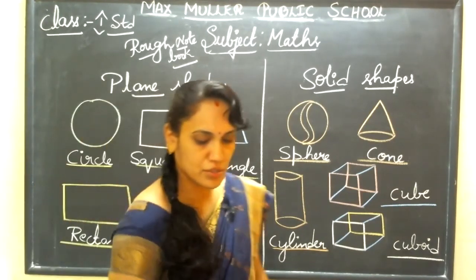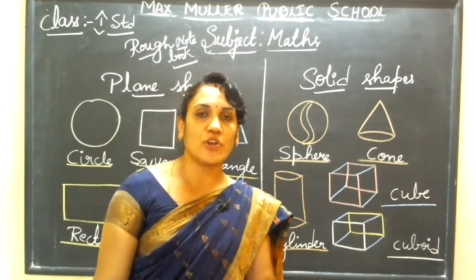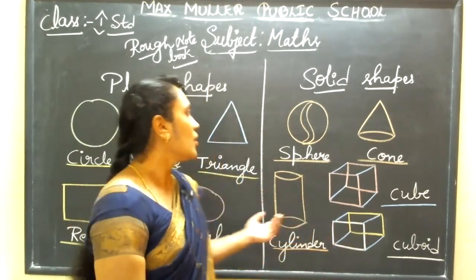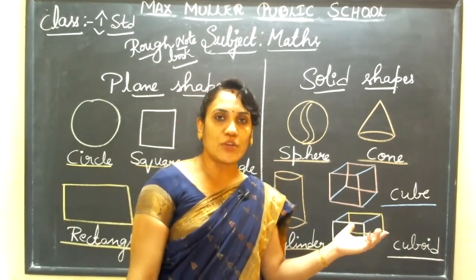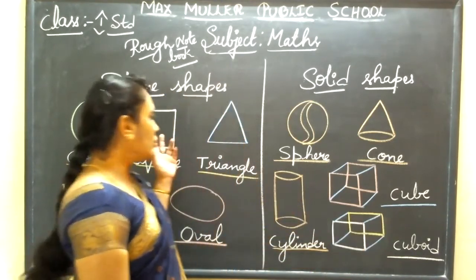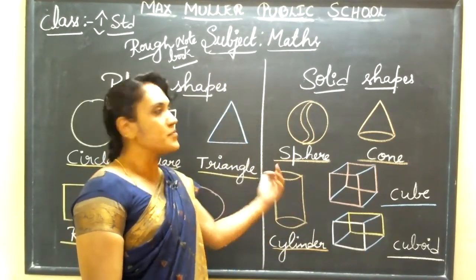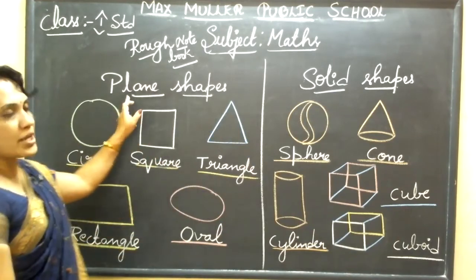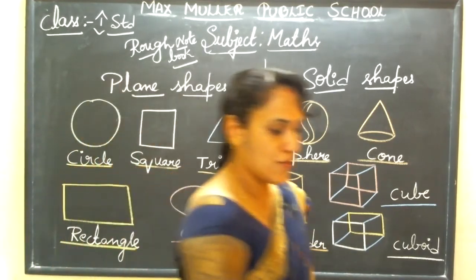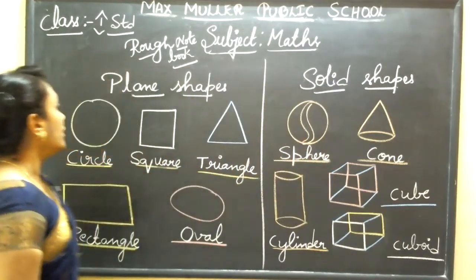Practice this all in today's class. What we all wrote today in the classwork, we wrote solid shapes. In the homework, you copied 91 to 100, and in rough note, you're practicing both plane shapes and solid shapes. Okay. Once again, I'll tell and give. Then I will end the class.